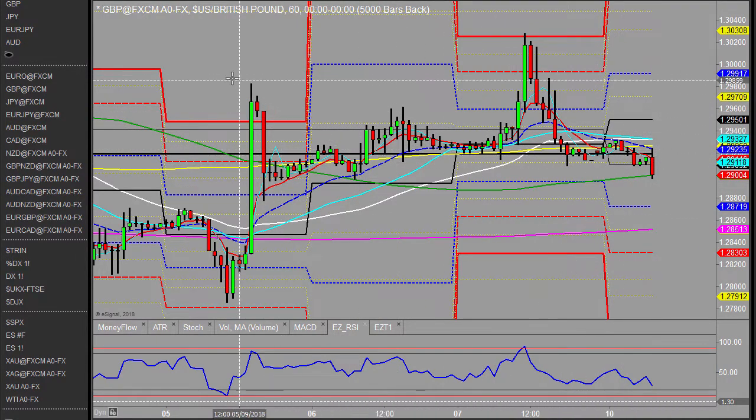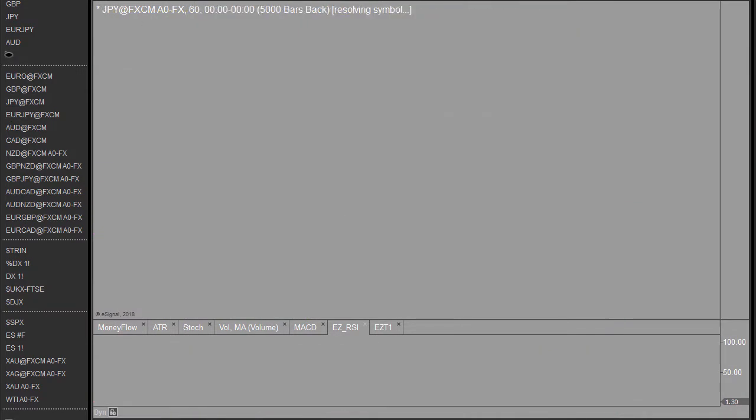Now of course with this pairing, it doesn't take much to get it bouncing. As I say, Barnier and Co. seem to make it bounce quite well. I think Boris Johnson's words over the weekend were not particularly helpful for it, which may in turn see it sell off a little bit more. It does look weak. There's no reason it should be any stronger than the euro at the moment, so we'll see. Anyway, dollar yen.